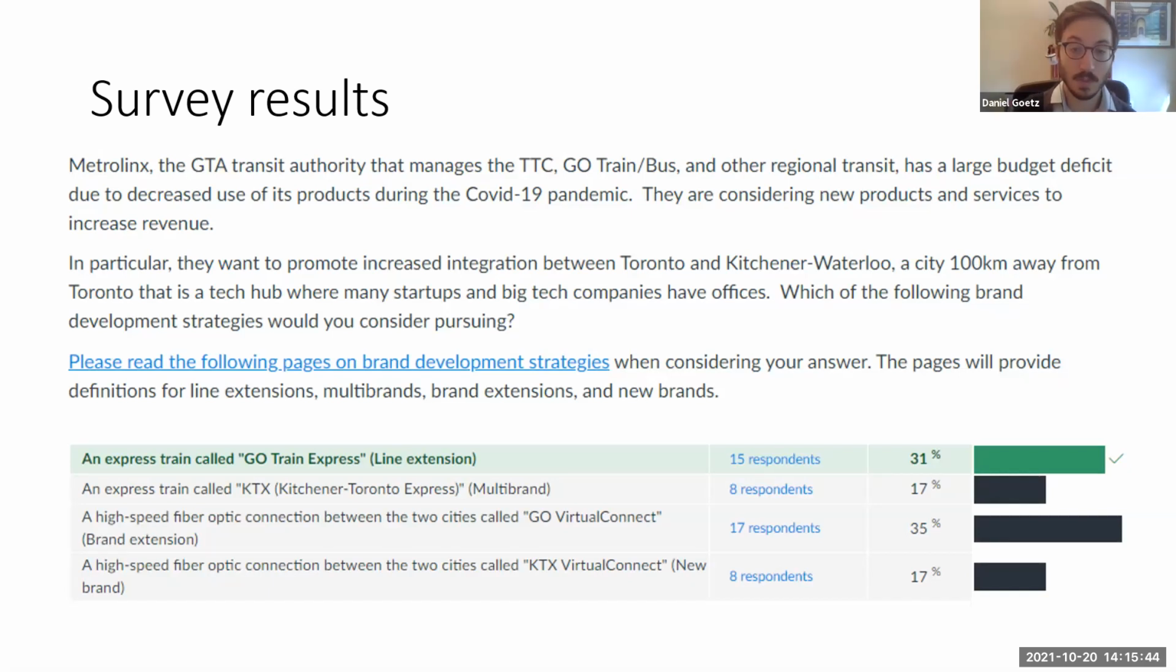So a good mix of responses across the different categories. Let's take a look at what you guys thought. So starting with line extension. So an express train called the Go Train Express. So I think let's start with Josh. So Josh wrote,